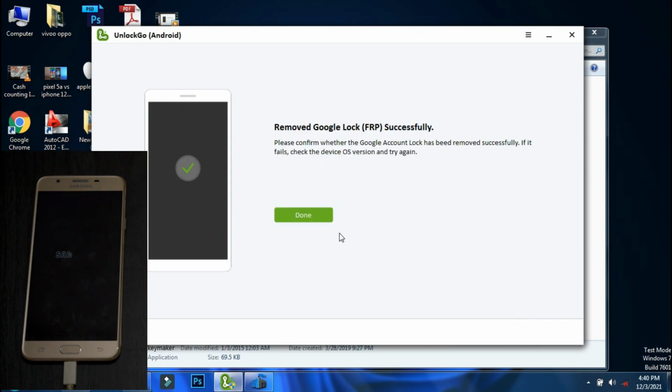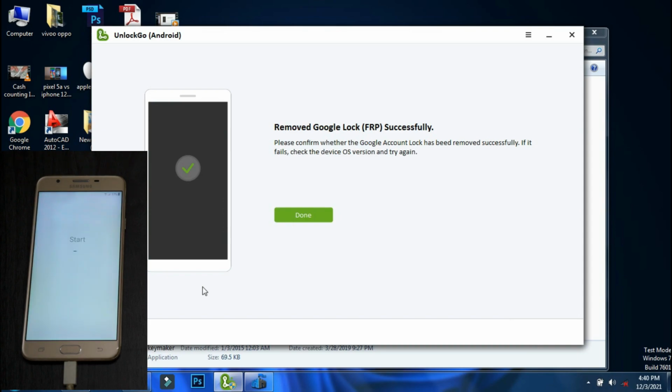Since all the steps are done, we will click Next on the app. The procedure may vary slightly depending on your phone model, so always follow the steps that are being shown on the screen. The phone has booted up, just go ahead with the regular setup procedure. Now it will not ask you to enter or verify your Google account. As you can see, it shows account already logged in. So we have successfully bypassed the FRP lock of this phone with a different Google account. Rest is the same setup procedure.